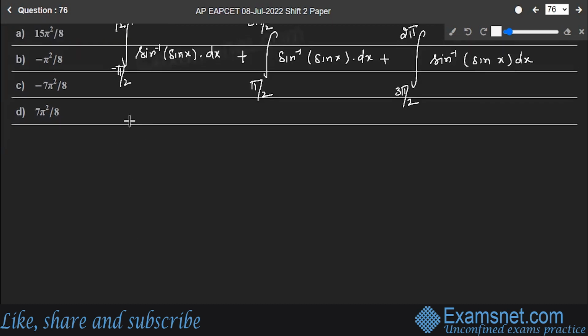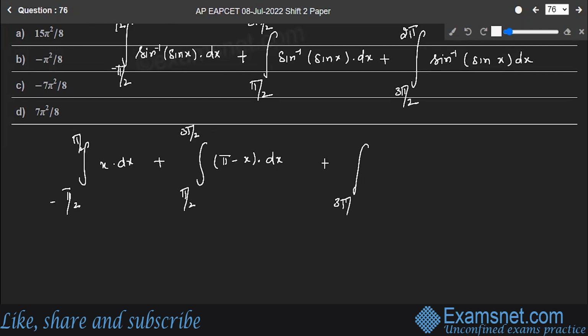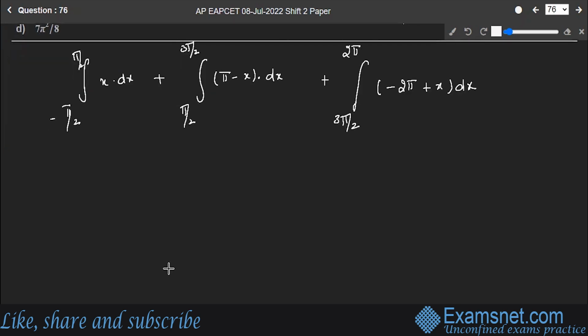So now from minus pi by 2 to pi by 2, sine inverse sine x can be written as x dx, plus for pi by 2 to 3 pi by 2, it will be pi minus x dx, plus for 3 pi by 2 to 2 pi, it will be minus 2 pi plus x dx, right? So the integral of x is x squared by 2, from minus pi by 2 to pi by 2, plus